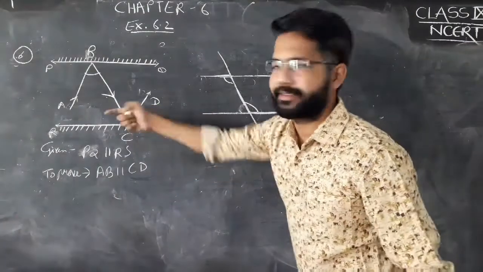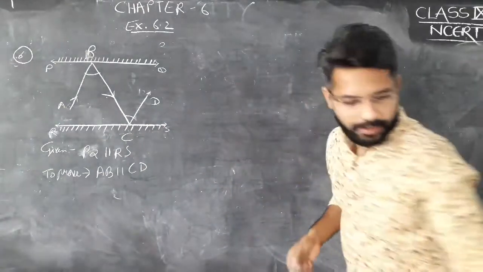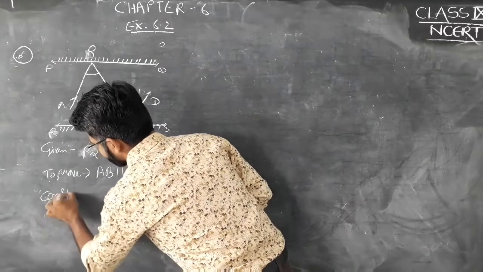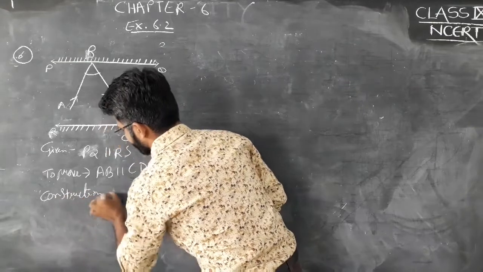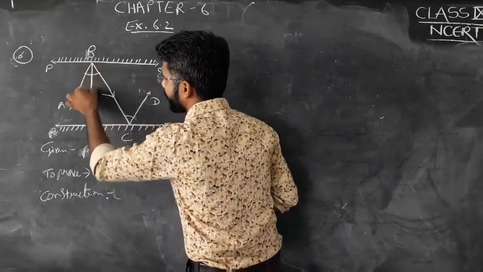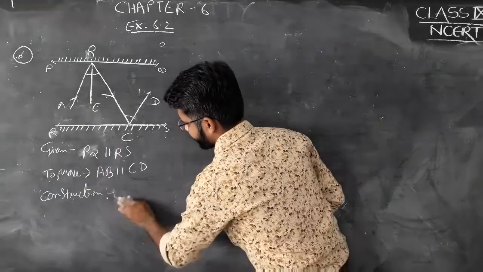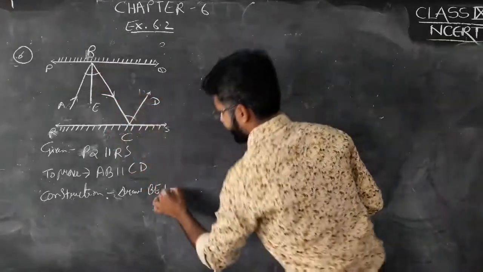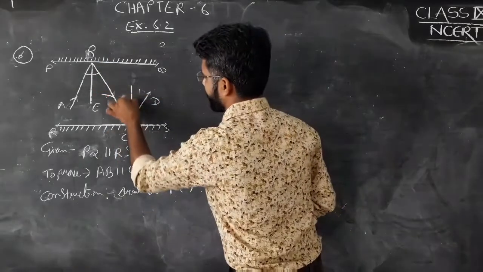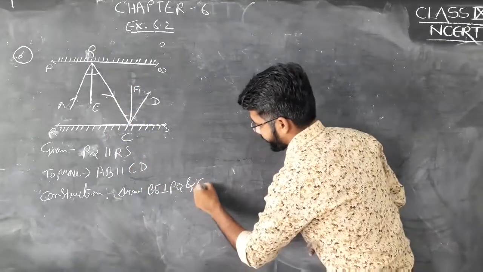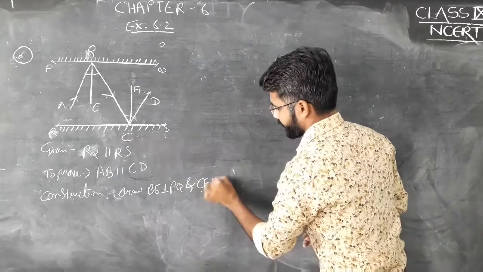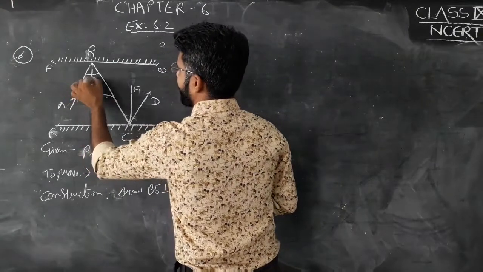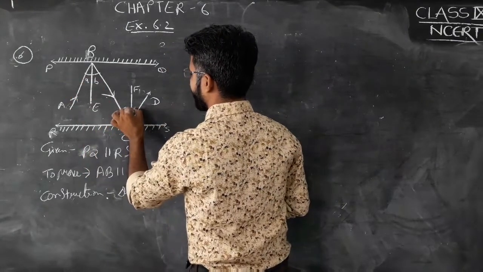Okay, now let us start। We'll take this second thing। For that, first we have to construct two lines। So construction, what we are doing, we are drawing a perpendicular BE। BE is perpendicular to PQ, and second perpendicular I am taking this one, CF। CF is perpendicular to RF। ये दो perpendicular हैं। Okay, now I am giving them angle A, angle B, angle C, and angle D।